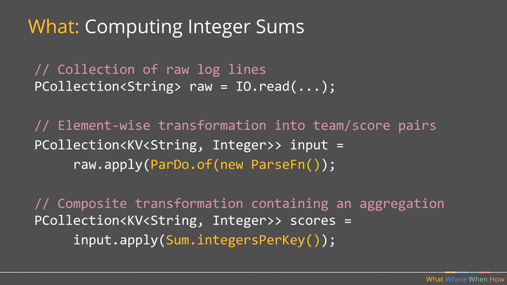So in Apache Beam, this is our pseudo Java for brevity. But imagine we had a game, and in the game there were teams, and you wanted to compute the team score. Seems reasonable. So you'll read your raw input logs, event logs. You will parse it and split it into team and a score. So each element has something that you can deduce the team and the score for that data point. And so you'll parse it, that will be your input. And then you'll sum per key. So for each team, you'll generate the sum. Seems straightforward.